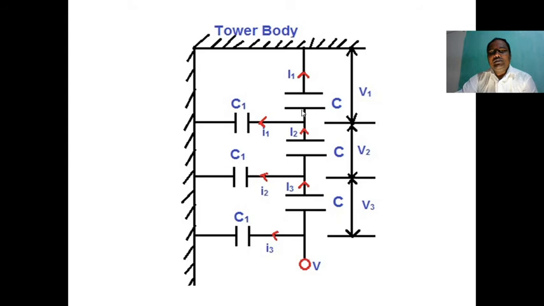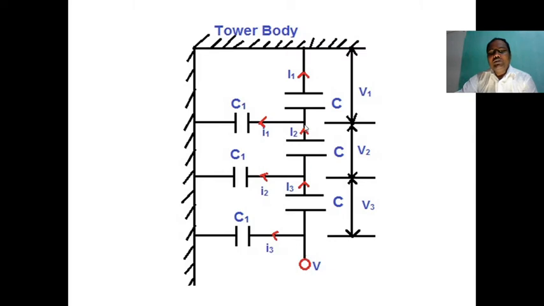One is self capacitance, and another one, C1, is shunt capacitance. Self capacitance exists in between two metallic links. Shunt capacitance exists in between the metallic link and the grounded tower body. If there is only self-capacitance, the voltage distribution across the string is the same. Whenever there is a shunt capacitance C1, definitely the voltage distribution is not the same. The disc nearest to the conductor has maximum voltage.